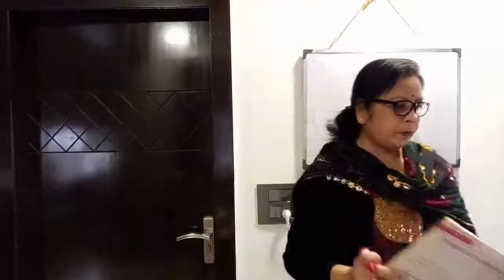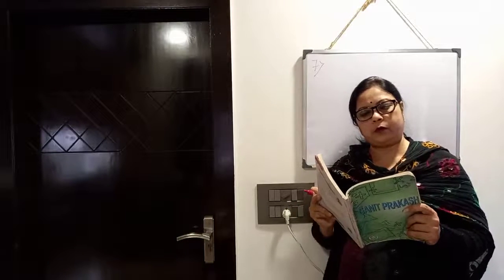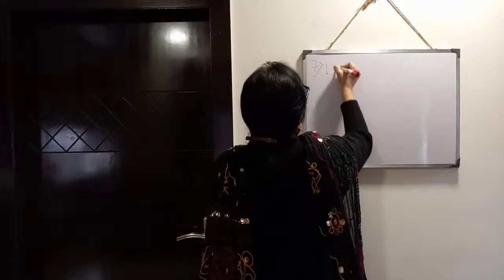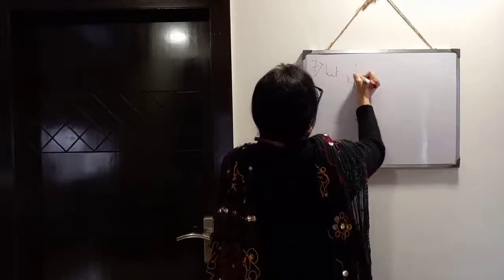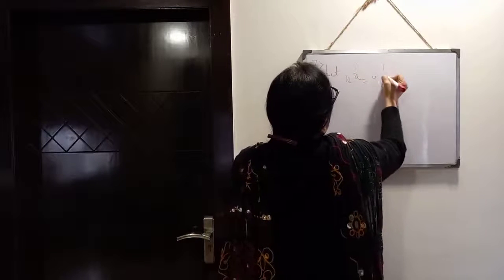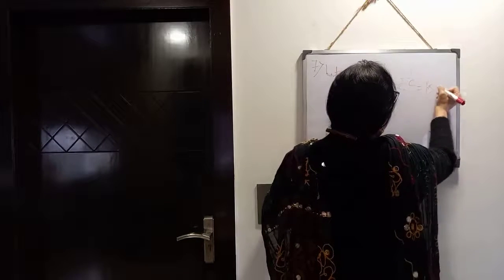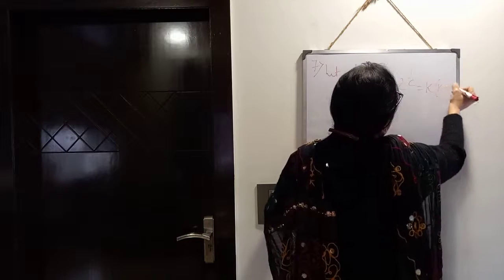It is a different type. It is given if x to the power 1 by a equals y to the power 1 by b equals z to the power 1 by c and xyz equals 1, then show that a plus b plus c equals 0. Okay, so this type of sum you have to consider. Let x to the power 1 by a equals y to the power 1 by b equals z to the power 1 by c equals k, where k not equal to 0. You have to mention it.